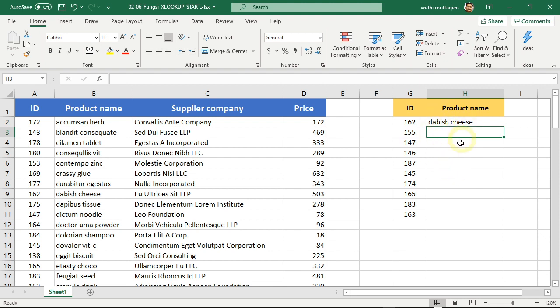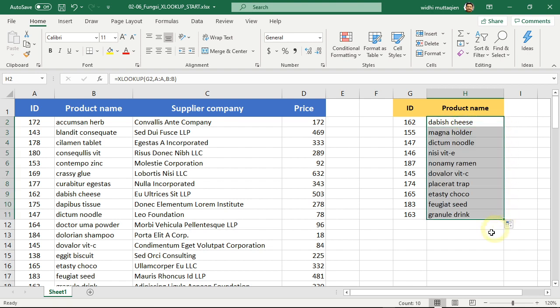We now have the results that we want. We can check in the main table whether the data is valid. And yes, the data is valid. The product's ID 162 is indeed for a product called Debbie's Cheese. So we have successfully created the XLOOKUP function for a single row. But what about the other rows? Don't worry, we can use the autofill feature for this. Just click and drag this small square downward like this, and it is done. We have created this small table quickly with the help of the XLOOKUP function and also the autofill feature.